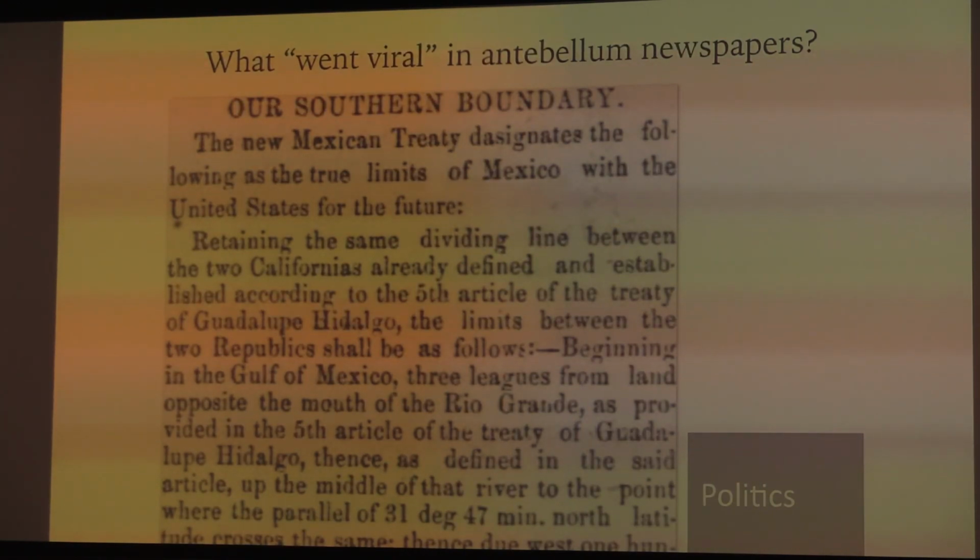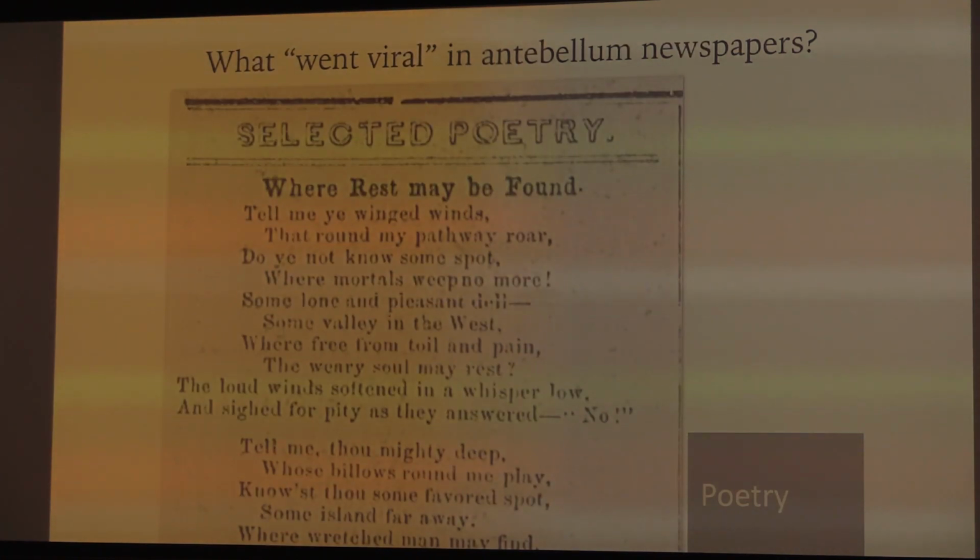Lots of politics. The period we've looked at so far is exactly during the Mexican-American War. So a lot of stories about what is happening in that war that are circulating. As I said before, we're finding lots and lots of poetry. And when I talk about this with my students, I ask them to actually think of the YouTube videos. Right? We have no recorded sound, and actually a lot of the poems that are most widely circulated are actually music, and they often even have a line telling you what tune they can be sung to, right? Sung to the tune of the Star Spangled Banner or something like that.